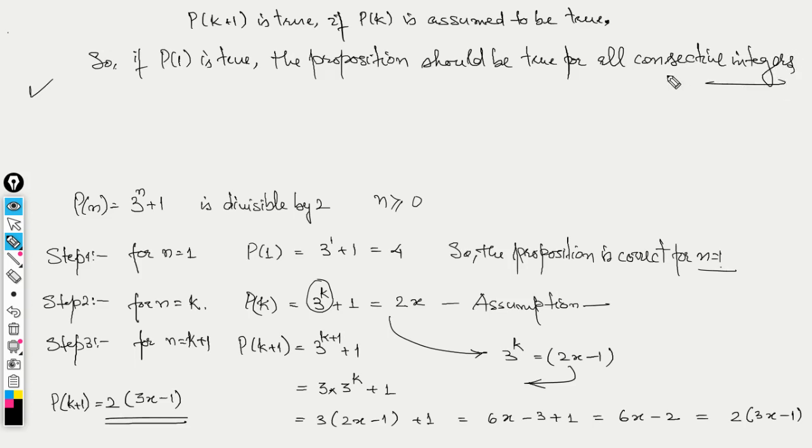Do you get my point? This is how we do it. We have now proved that it is correct for p of 1. It is correct for n is equal to 1. Now, if it is correct for p of k, we have proved that p of k plus 1 is correct. So if it is correct